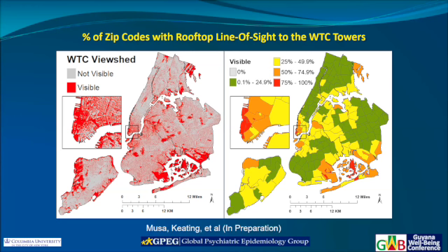Green, you can't see it. Oranges, you can see some of it. And you can actually see that there's some areas that are very far. In fact, the areas where we saw some of the Guyanese concentrations, or close to the Guyanese concentrations in Queens, you could actually see the towers because of the building geometry and everything else.